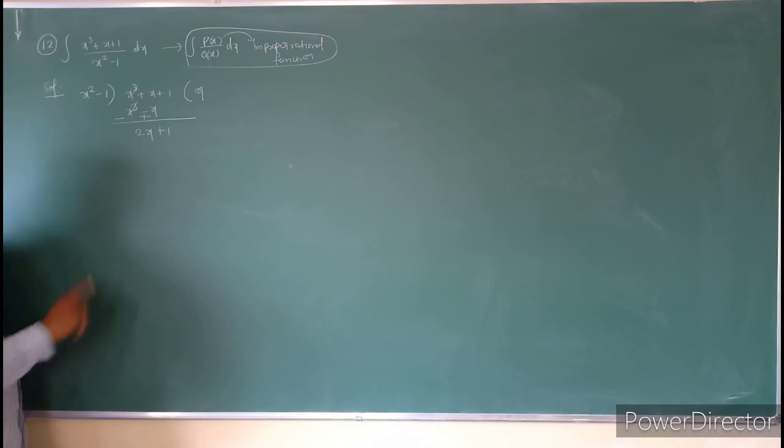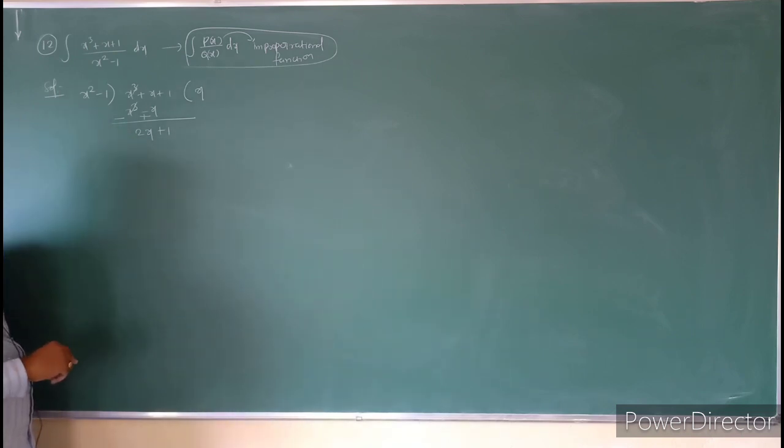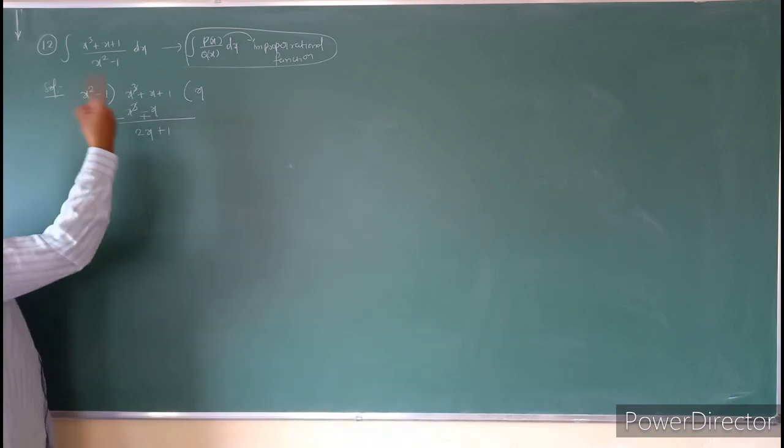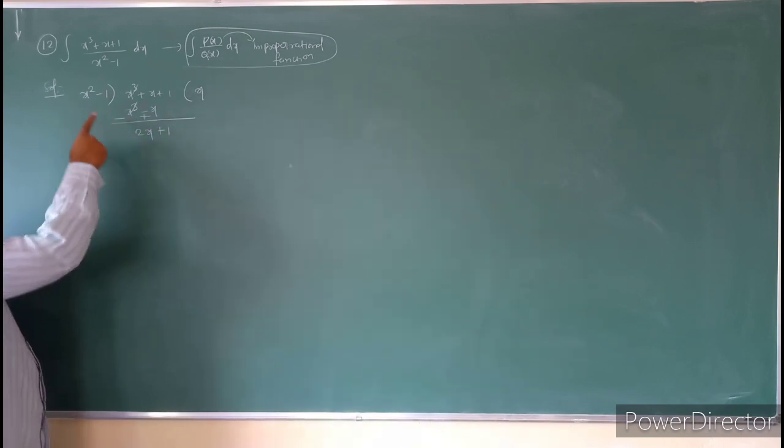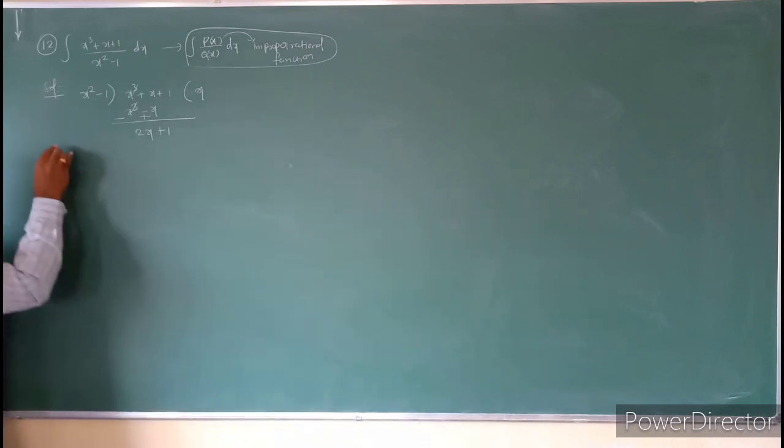2x plus 1. Here it is x square and here it is x, so it does not divide the terms. I understand that if the highest power is there, then you can divide. But here it is x square and this is x, so it does not divide. So how can you write this? Therefore,